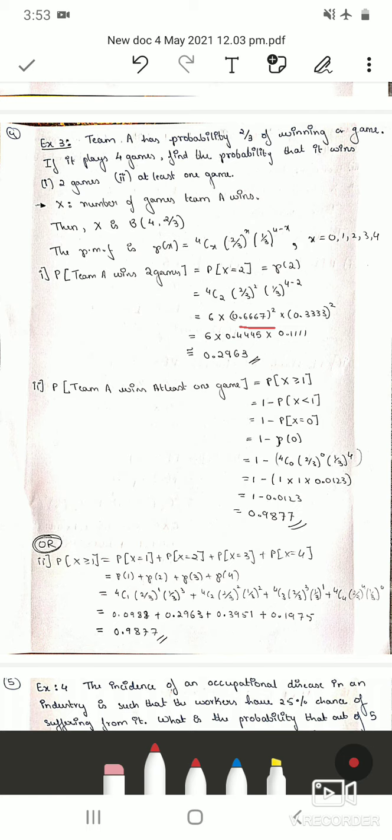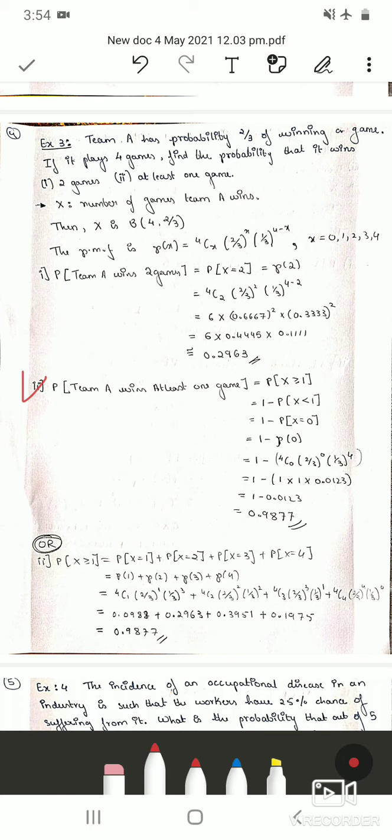and 0.333 2 times. So you do this in your calculator, you will get the answer as approximately 0.2963. So make sure you write up to 4 digits after the decimal. So the probability that team A wins 2 games is 0.2963. So now let us solve the second sub question, that is probability that at least team A wins 1